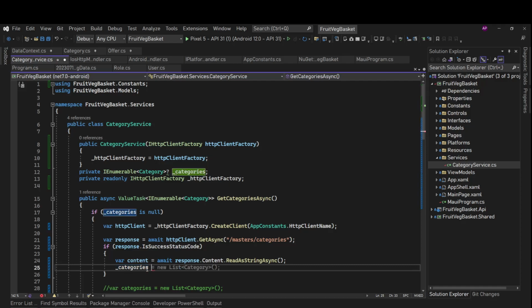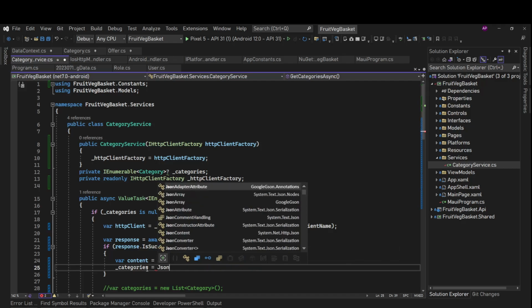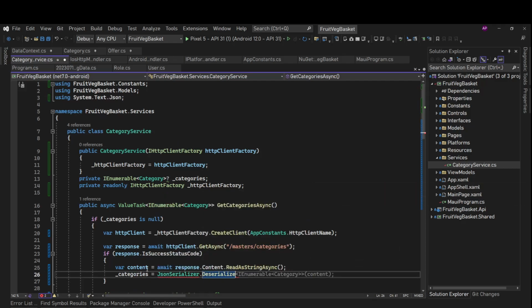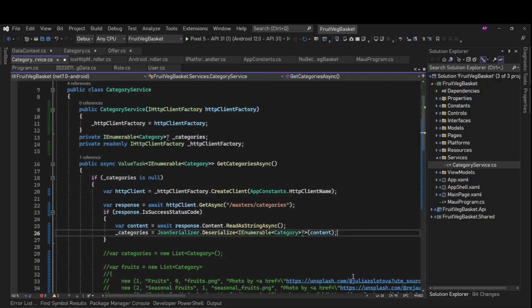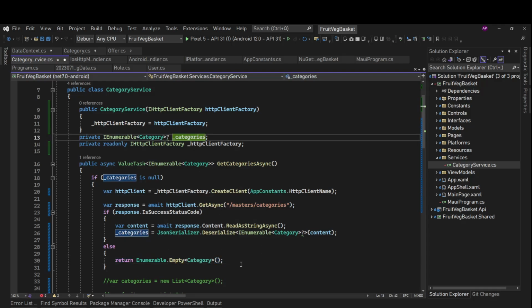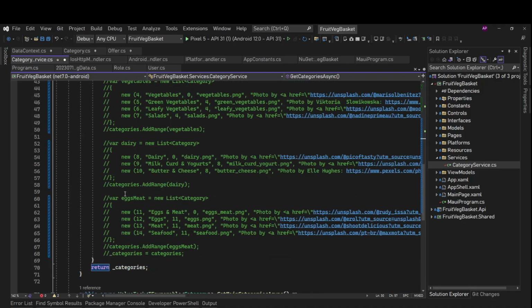So we'll say underscore categories equals JSON serializer dot deserialize enumerable of category of content, this thing. Fine. And if that's not the case, from else we will return enumerable dot empty category, and then all this we don't need.